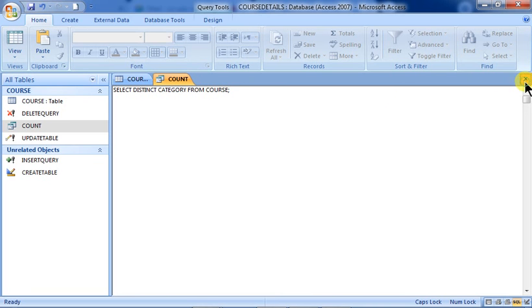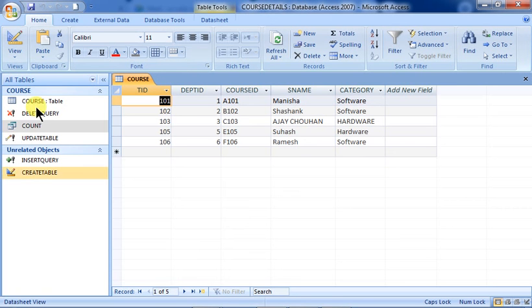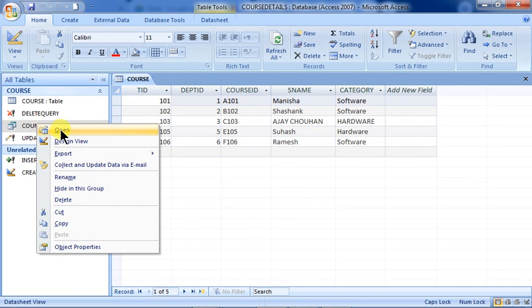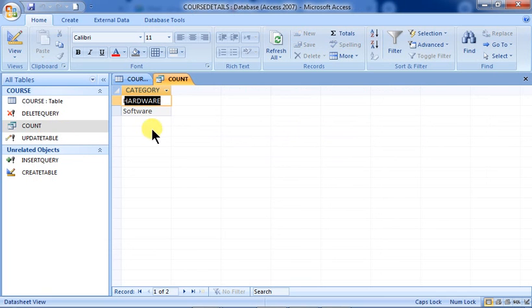So now what will happen, you click on yes out here, and whenever you run it, you will be able to see that distinct categories are being displayed. So just click on open. It is showing you hardware and software, because it has taken that hardware also into it, only the same spelling. So hardware and software are the only 2 categories which are unique in nature. So there are 2 categories only. If you are doing the count and all, that will also be shown.